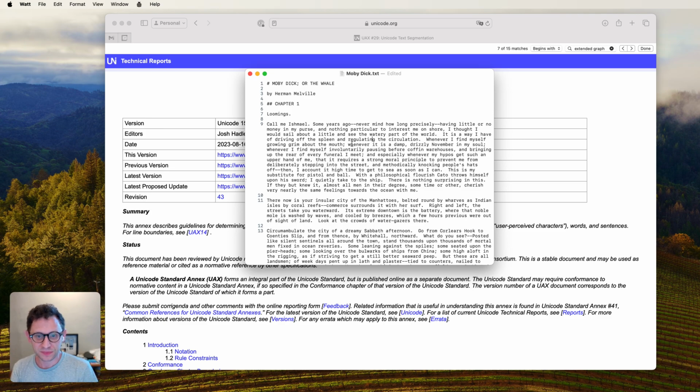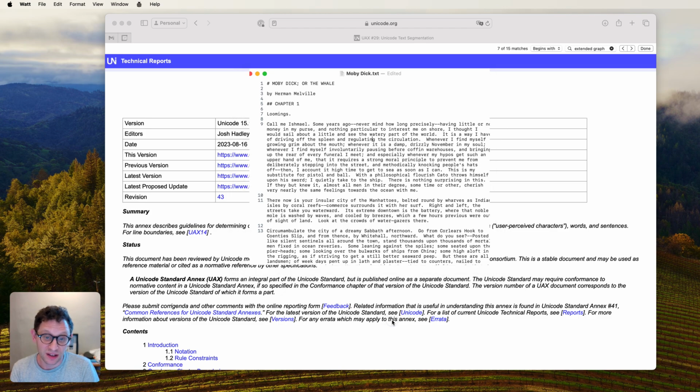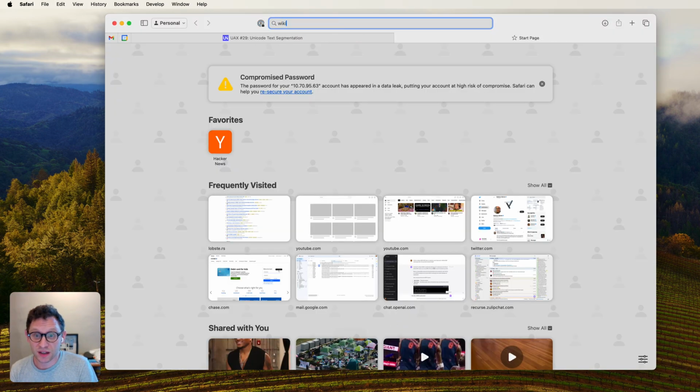So the question is, basically, how is the text of the document stored in memory? You could use a string, but if you have lots of text, editing a string can become very slow. For instance, if you want to delete a character in the middle of a huge piece of text, you have to delete that character and then copy everything over in memory. So I'm using a rope,